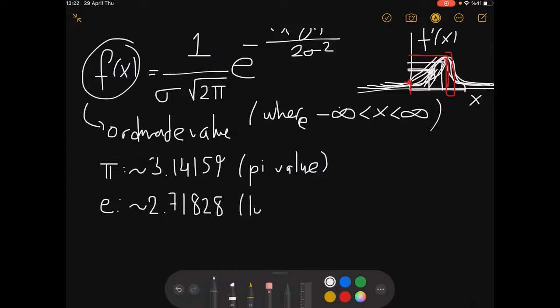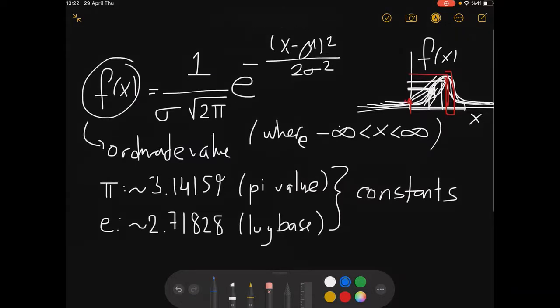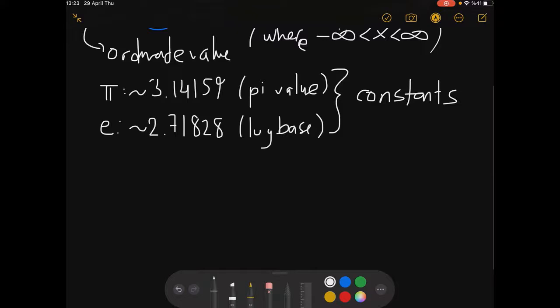This is your logarithmic base, and these are your constants, right? Constants, where you have them, this one, this one, this one. These are your constants, and mu corresponds to the center of the distribution,